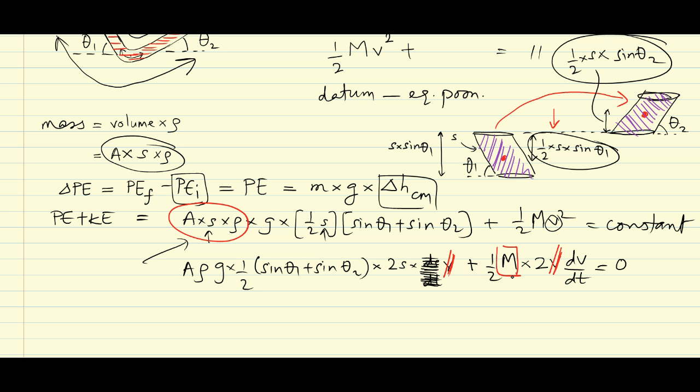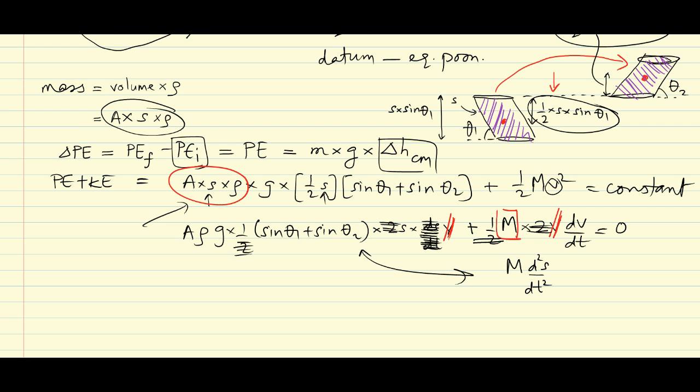So the first thing I will do, I'll cancel this 2 of course, and this 2 will also go with this 2, and the second term I'll write it as m multiplied by d2s by dt square. So dv by dt can be written this way,